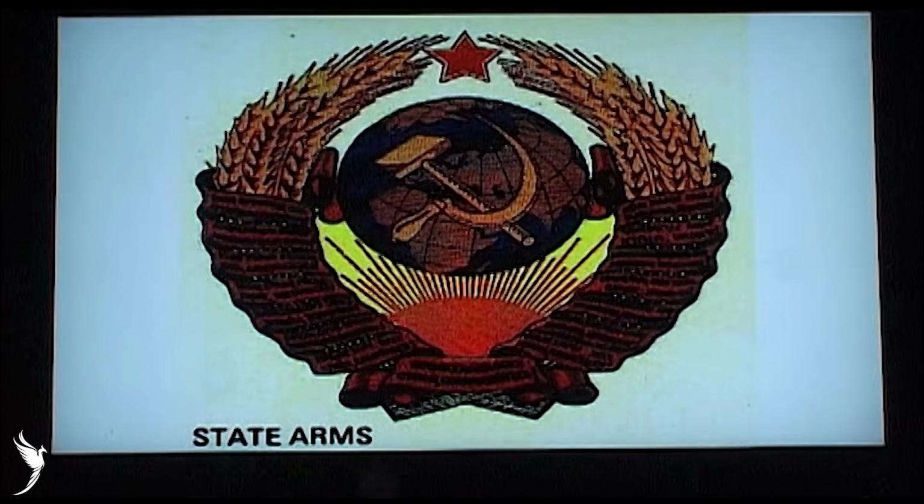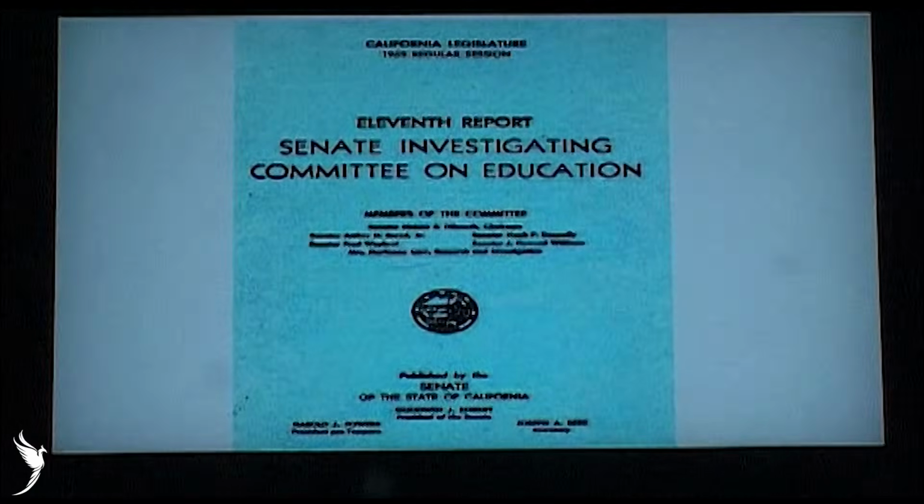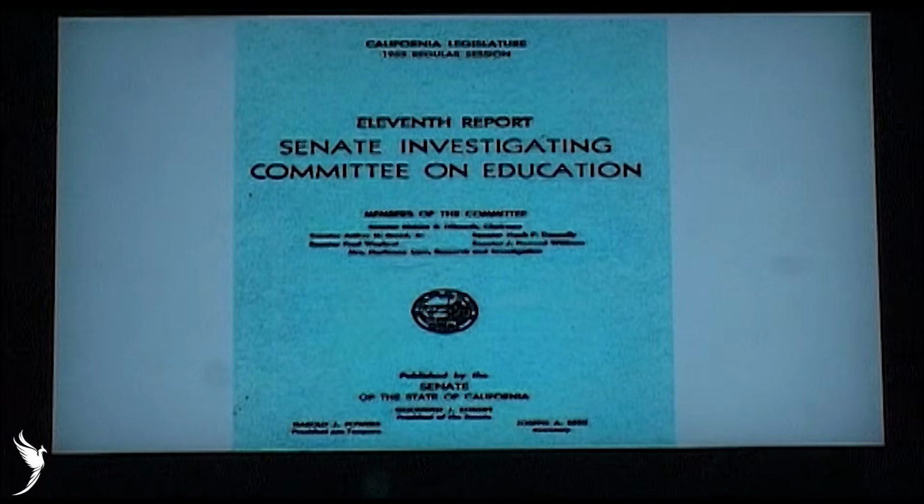Today I'm going to talk to you about the Soviet Communist state arms. The symbol you're looking at is referred to as the state arms or the Soviet national symbol for world communism of the Soviet Union. This is a very long story, but this symbol is of profound significance even today. Let's start with back in